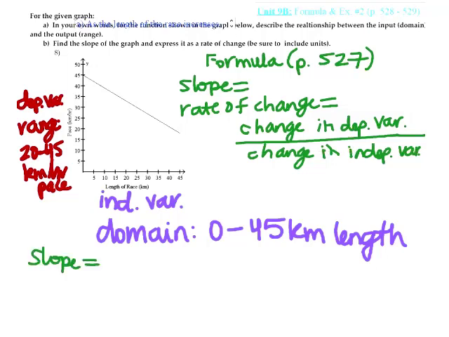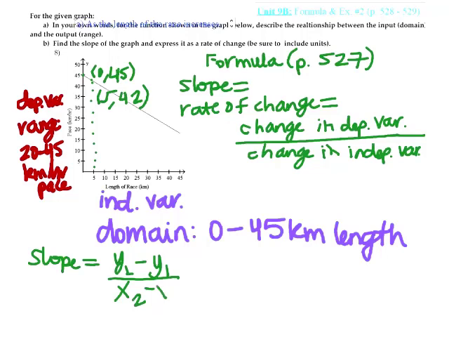Looking at the graph, I can identify this point along the y-axis as (0, 45). So that's the y-intercept. For the change in independent variable, we need another point along the graph. So I'm just going to go with looking at 5 here. If we move up, you see that it falls along here, and that point along the graph looks like (5, 42). So from here, the slope is also known as y2 minus y1